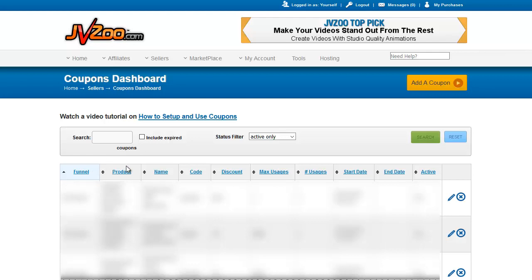Which specific product the coupon code is good for. The name of the coupon code, and this is just an internal name that you give it so that you can tell your coupon codes apart. No one else will see this. The coupon code itself, which is letters or numbers that you decide arbitrarily, whatever you want it to be. The amount of the discount, the maximum number of uses if you've set it,